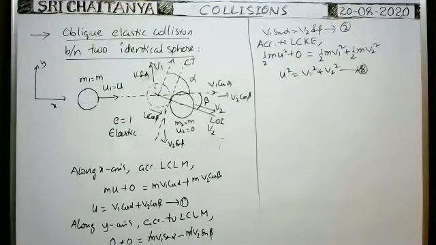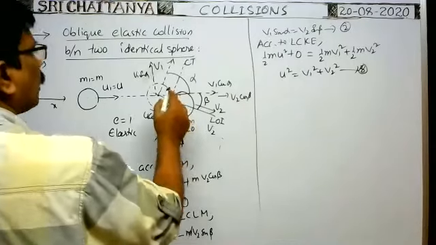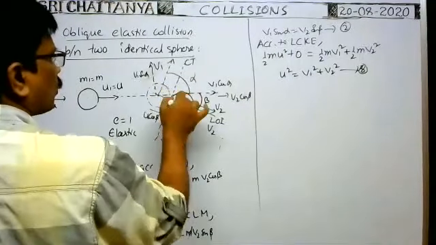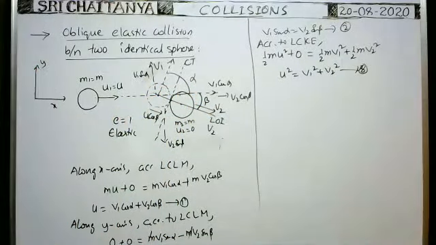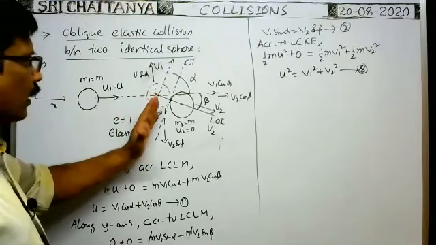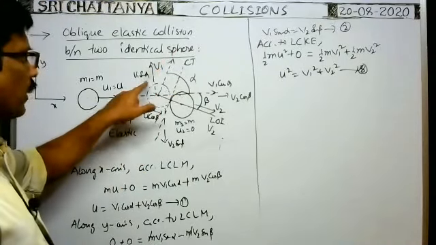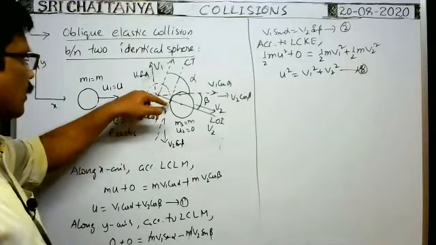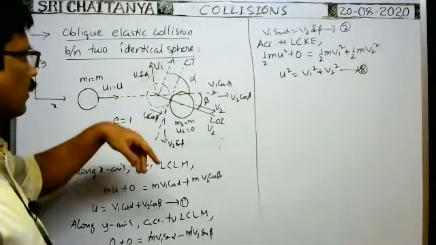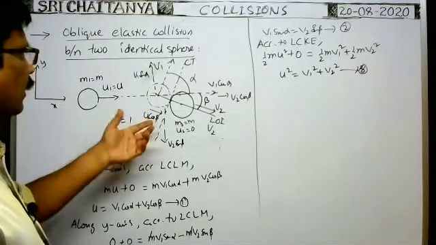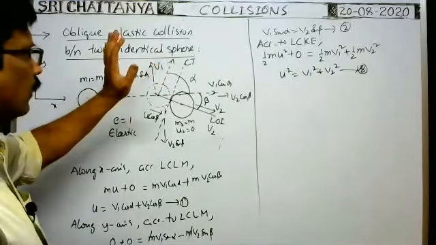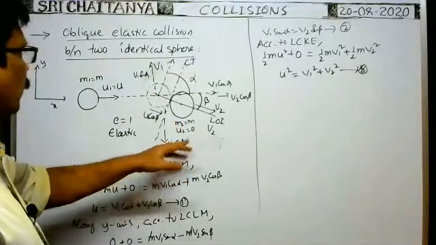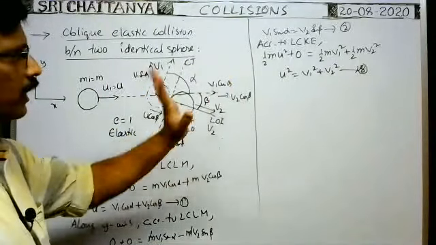In this way, we have 3 equations. From these 3 equations, we have to find the angle between the directions of motion of the two spheres after collision, and we can also find v1 and v2. Of course, previously I said that along the common tangent the velocity component is u cos alpha, so directly u cos alpha is the answer along this direction. That is v1. And v2 is equal to u sin beta, as I said, that is the value.